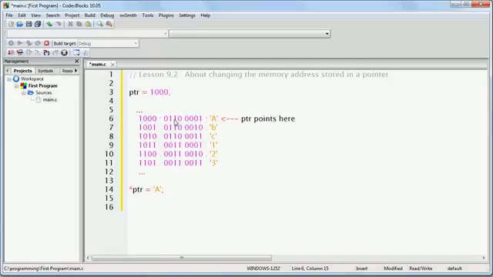Which of course means that this is also going to become a 0, because if you remember, this third bit is basically a flag that indicates lowercase or capital in the case of letters. Now if I write PTR equals PTR plus 1,